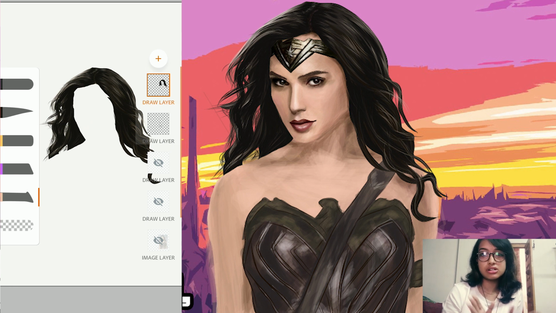Just for the sake of the skin to be perfect, I use quite a few layers, but otherwise hair, clothing, everything is done in single layers for Adobe Illustrator Draw basically. And if you guys don't know, this is done by using just the touch and the tip of your fingers. So that's it.